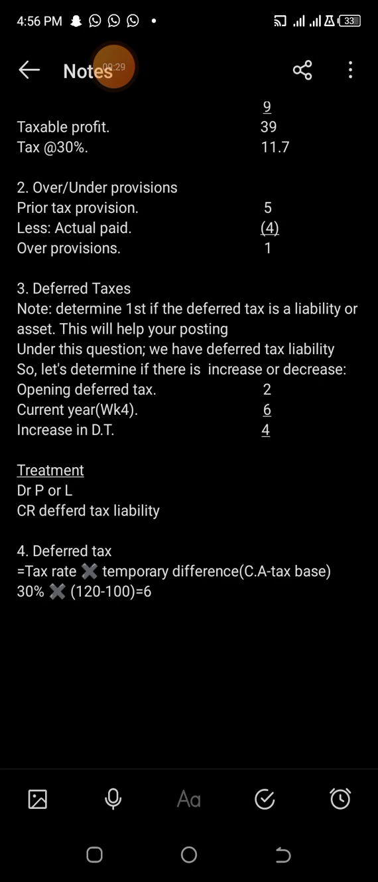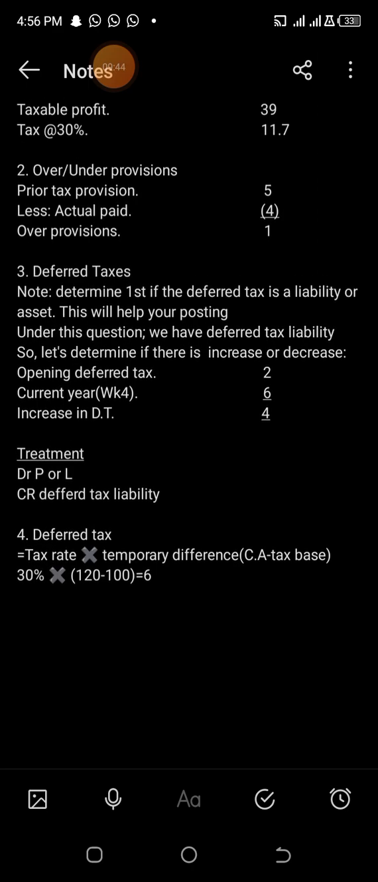Where you need to remove from profit or loss, you will know. Where you need to add to profit or loss, you will know. And so the opening deferred tax is 2 million. Then the current year workings. What is in workings for? Number one, they said